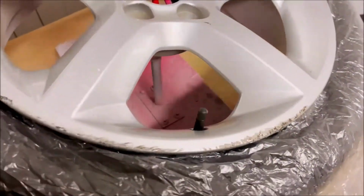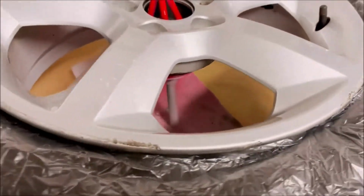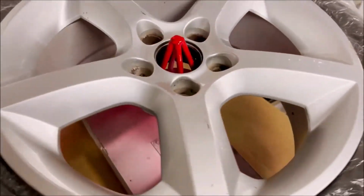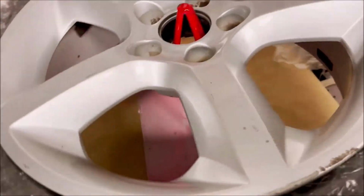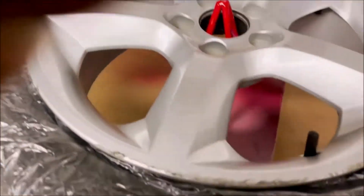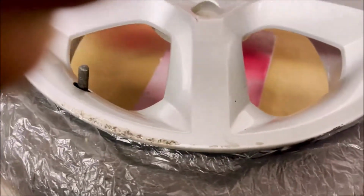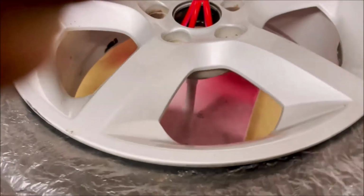A lot of people agree with me, when your car is dirty and your wheels look clean, it makes your car look like it's clean. I may be wrong, depending on who is looking. But basically, if you are like me and you hate seeing your wheel being scraped, then this is a video